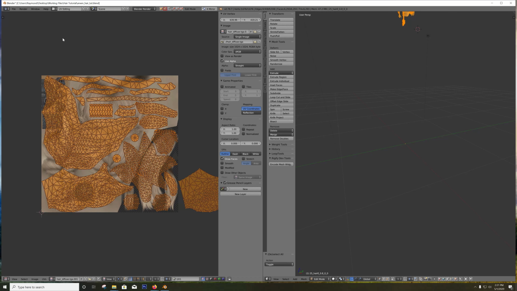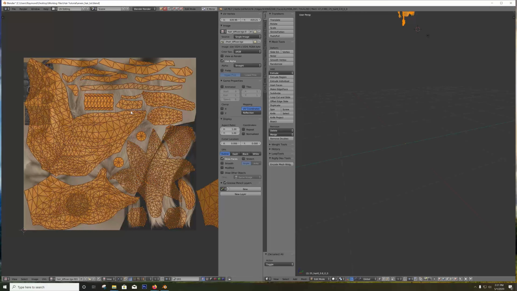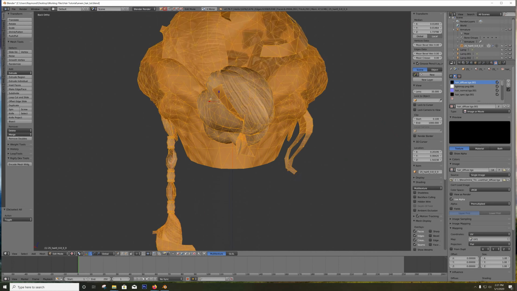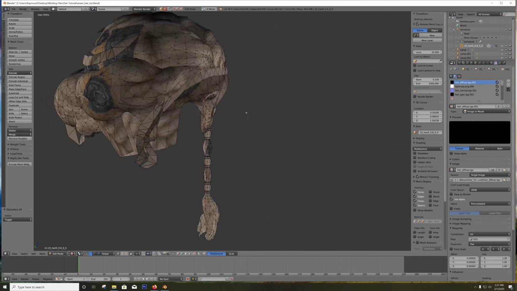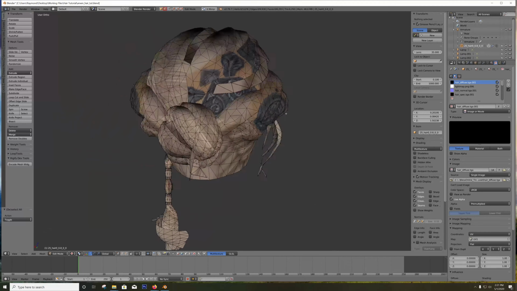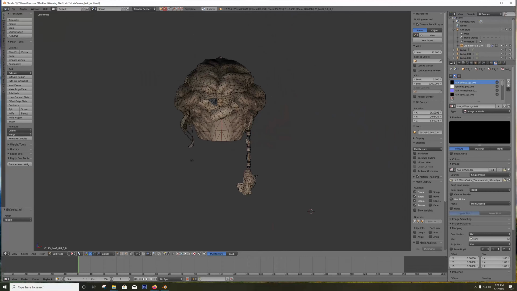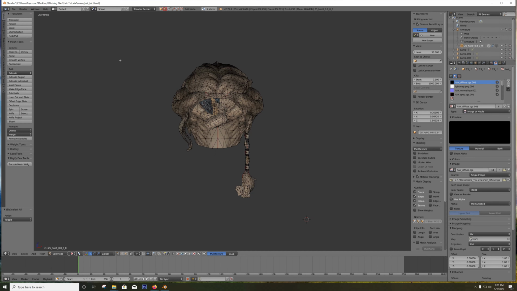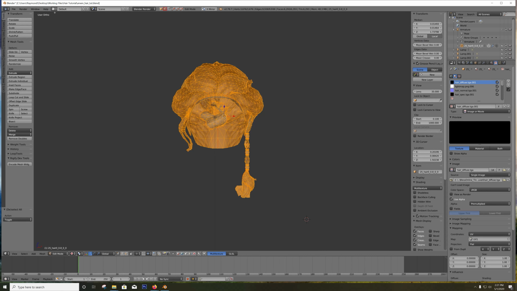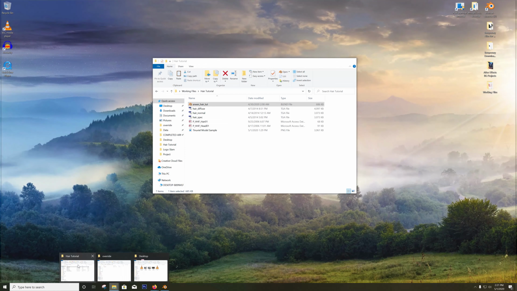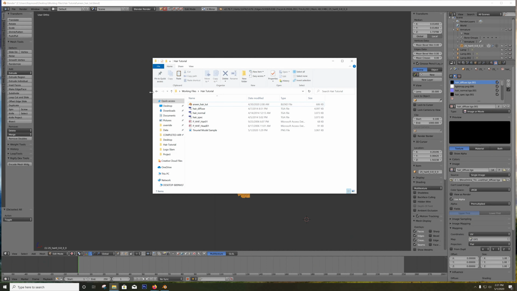Now, for some reason, this isn't looking right. So let's see. That shouldn't be the hair, because now we're looking at this. And that does not look cool at all. I think it's using a different map. This actually lets me know I put the wrong files in here. So let's go ahead and pull those out. I'm going to put the right ones in, and I think I have them under